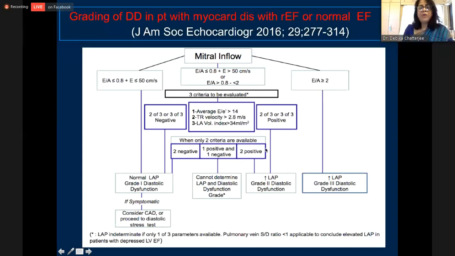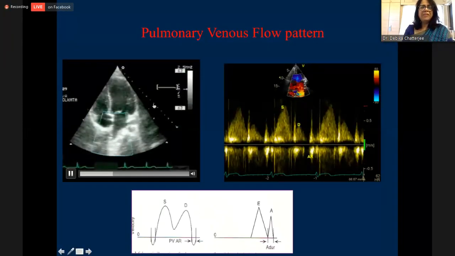And if both are positive, it goes to grade 2. But if only 1 is positive and 1 negative, we cannot determine the LA pressure, and we cannot comment on the diastolic dysfunction grade. But we can always take the help of other parameters like pulmonary venous flow pattern,